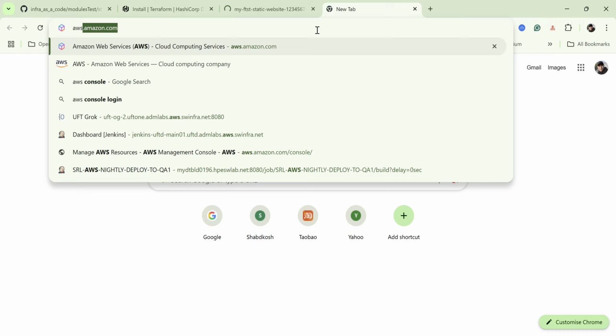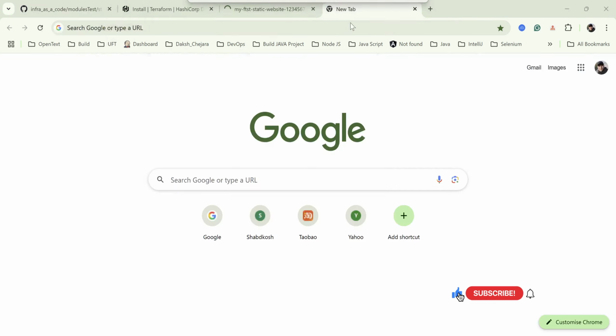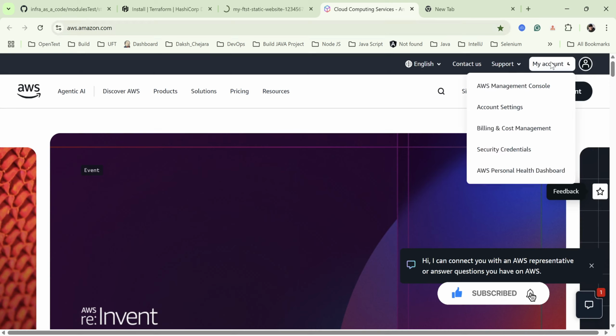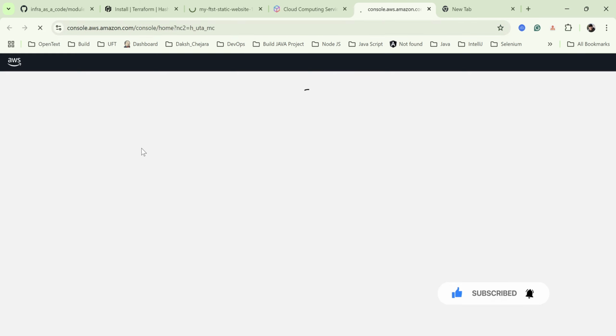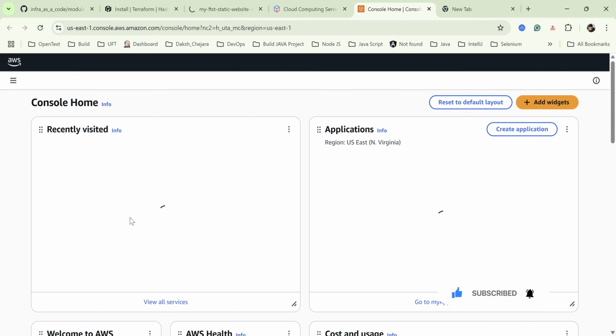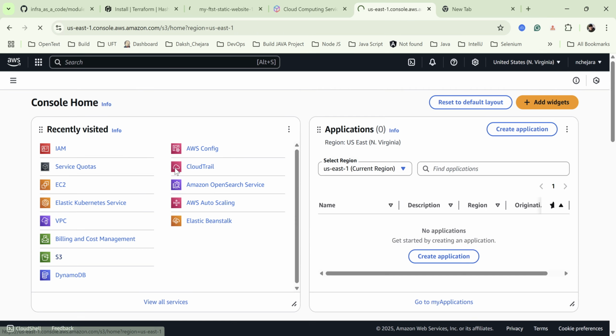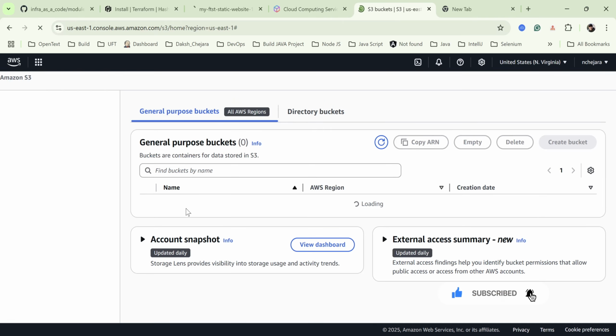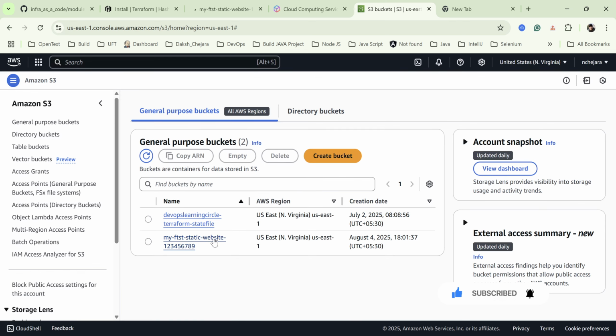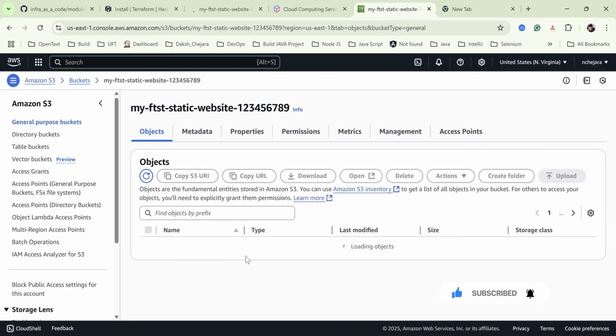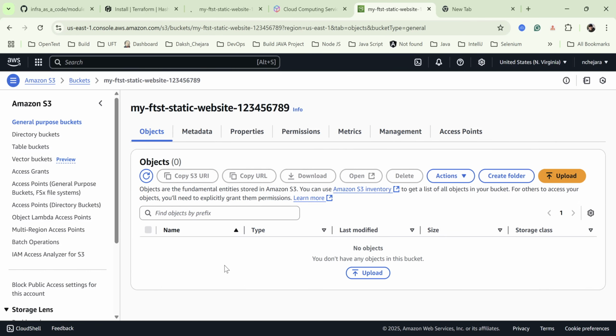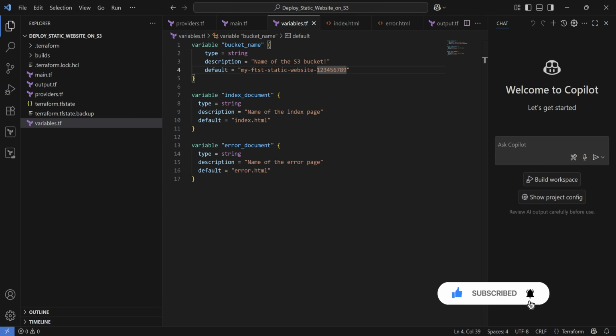I log into my account, I'm already logged in, so we go to S3, and in S3 we have a list of buckets, and this is our bucket name, and it did not upload the index files. Let's figure out why.